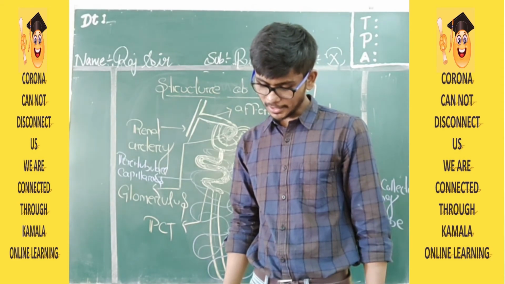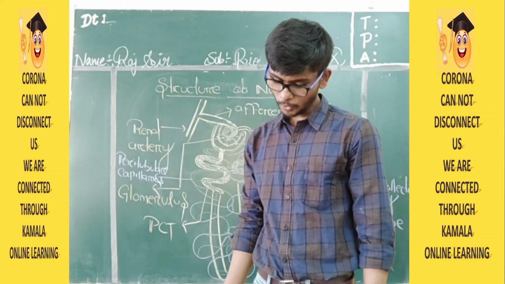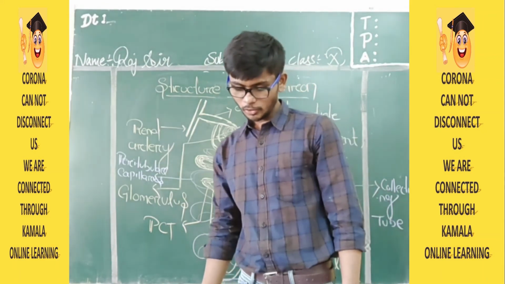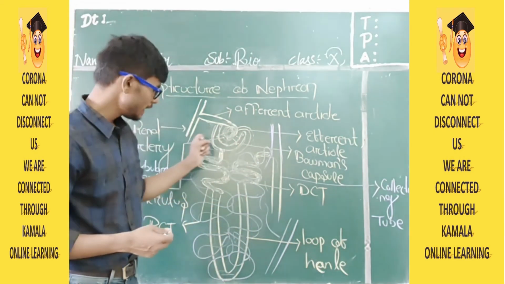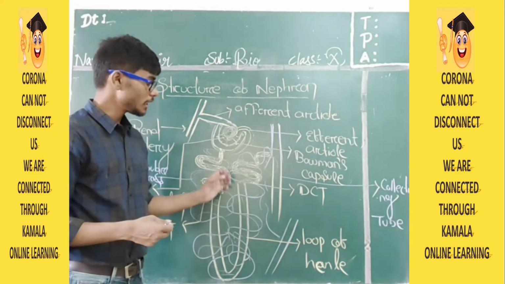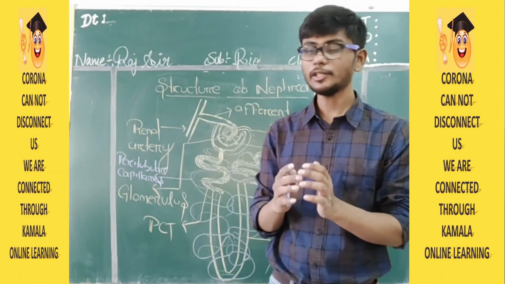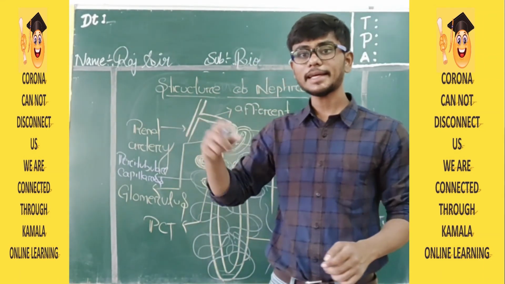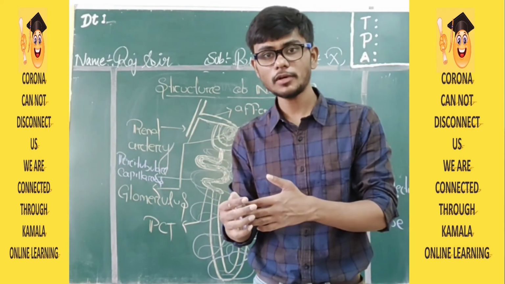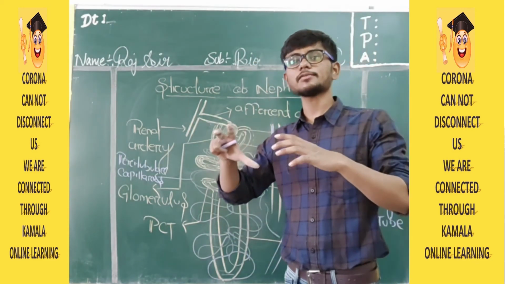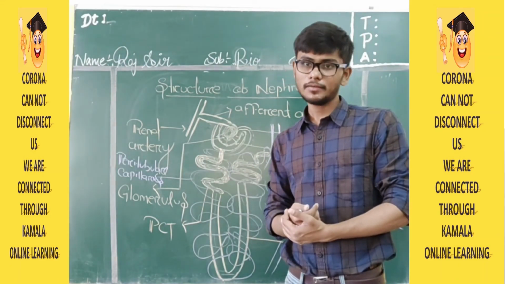All the parts of the renal tubules are covered by a network of peritubular capillaries formed from the efferent arteriole. These peritubular capillaries join to form the renal venule, which finally joins into the renal vein. See students, this efferent arteriole which is coming out is only making these peritubular capillaries. Now these peritubular capillaries will connect with what? Renal venules. We spoke about arterioles; like that, venules will be there. Arterioles are small structures of arteries. Venules are small structures of veins. Now a number of venules will collect and make the renal vein. They are connected at last to the renal vein.